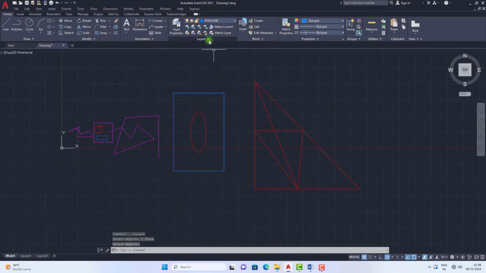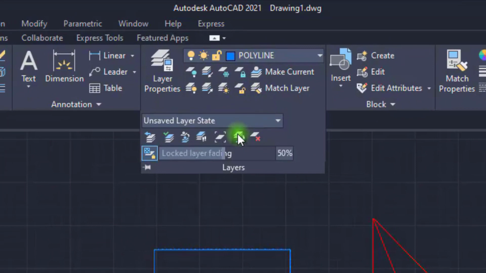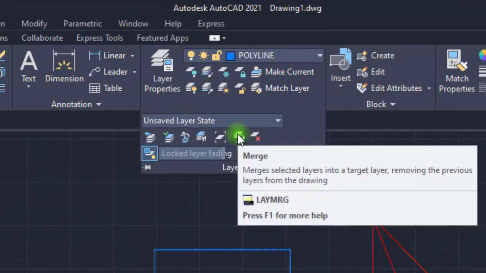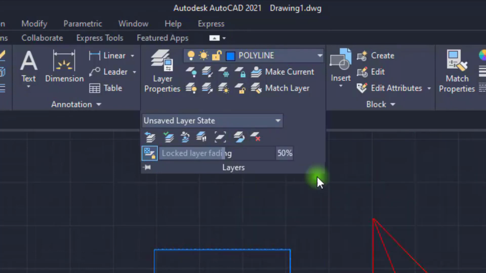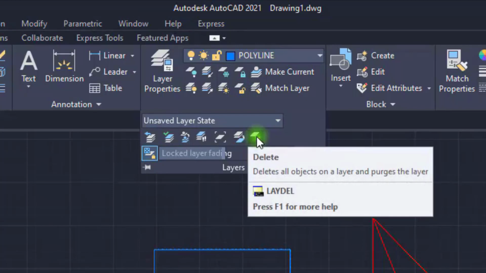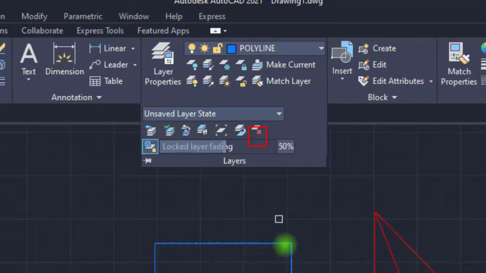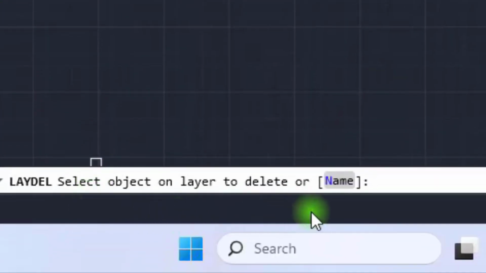Now if you go here, there is an option, Merge. If you want to merge any two layers into one layer, or more than two layers, you can use this Merge option. And if you click on Delete, I am clicking here, and it says select objects and layer to delete.